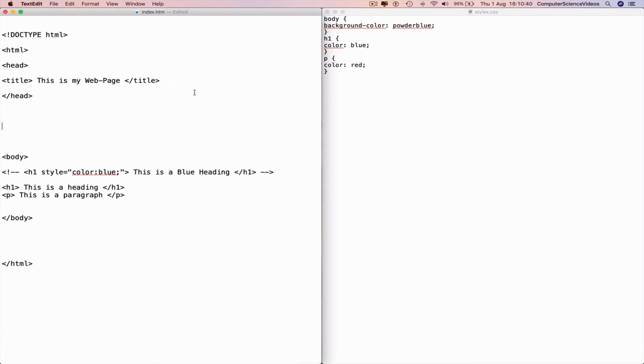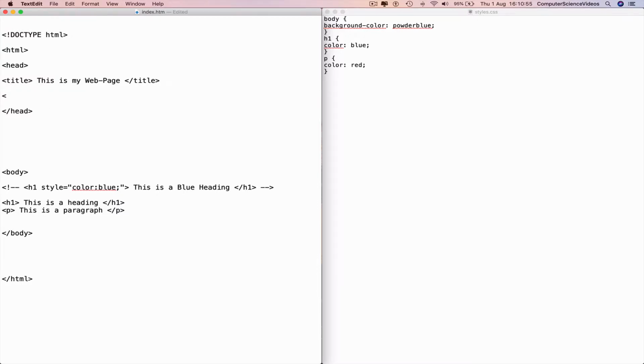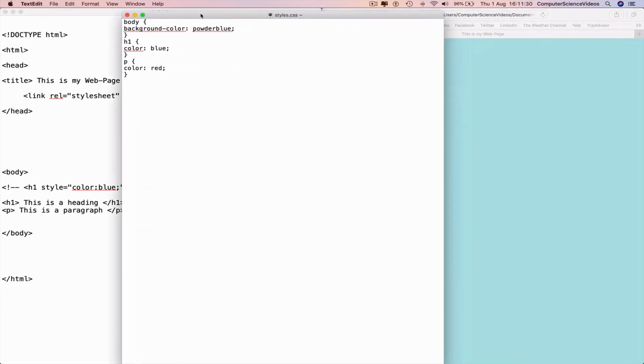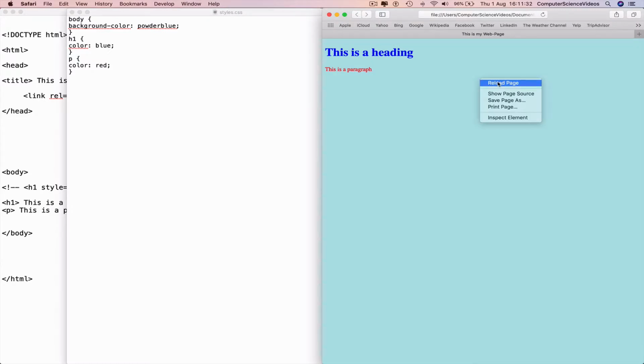And now in the index.html file, we can type in between the head tag, less than, link, after we indent, link rel equals speech marks stylesheet, space, href equals speech marks, and then the name of the style sheet, which is styles.css. Command S to save, and now we need a greater than sign. Command S to save. If we go back to the web browser, right click, reload the page, and now we